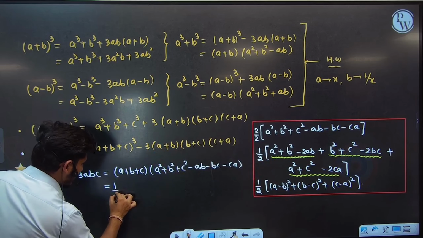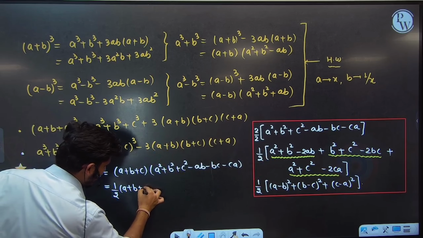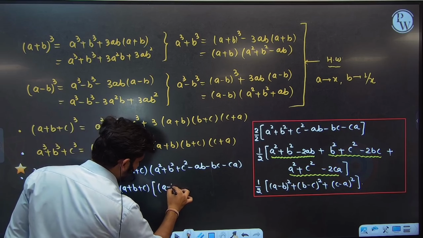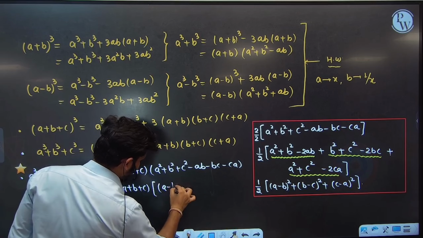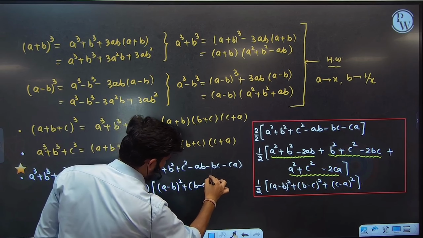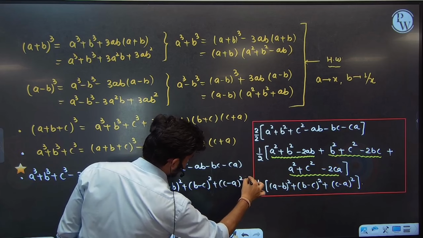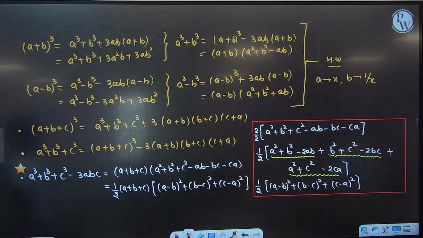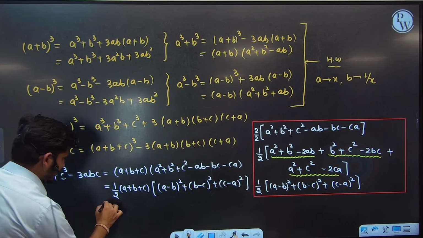So then you get half of a plus b plus c, and in another bracket (a minus b) whole square plus (b minus c) whole square and plus (c minus a) whole square. Done. Now here,